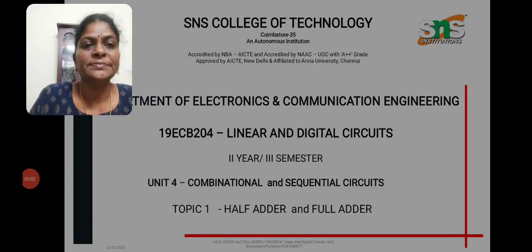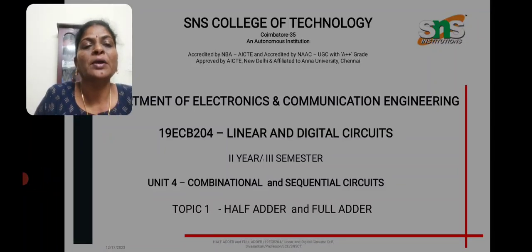Good evening everyone. In this session we are going to discuss the half adder and full adder